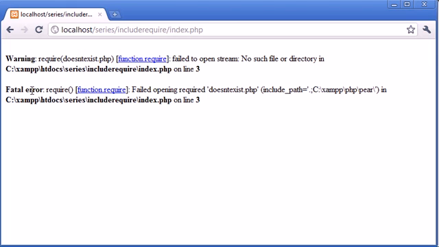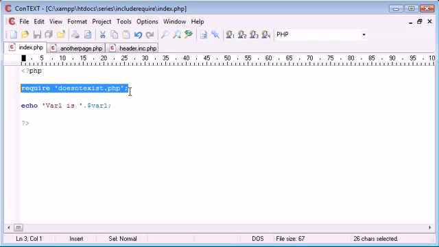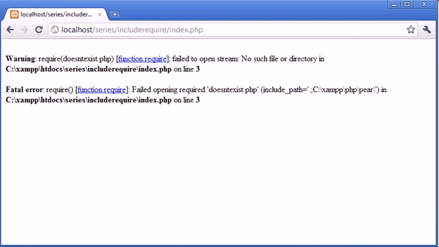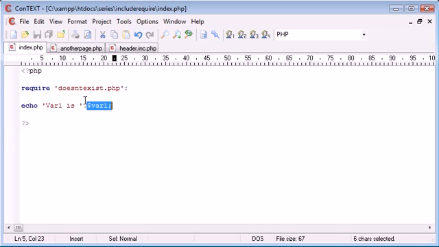The fundamental difference between require and include is that require just handles the errors differently. So if we can't find the file and we've required it, it kills the rest of the page. We just kill the page off. So nothing else after this line here is executed. Therefore, the reason this is important is because if we needed variables, and we need this variable in this case to display this whole sentence properly,